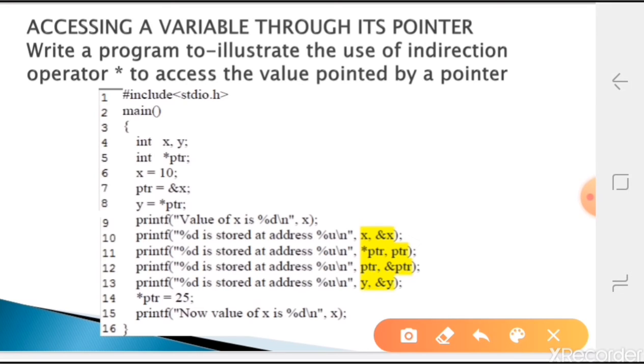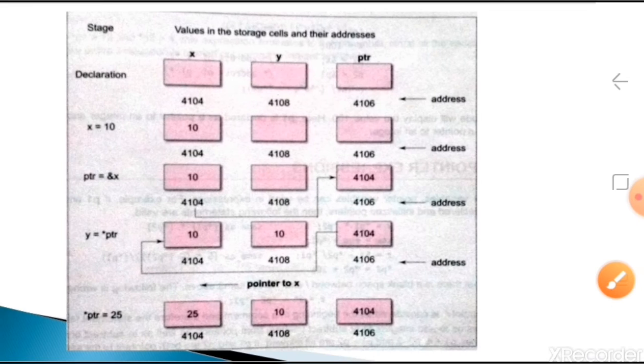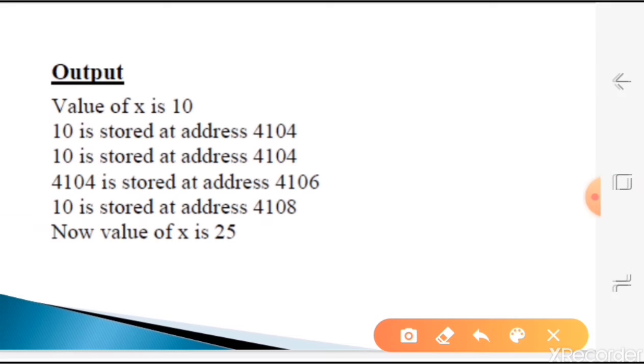Here we just have the printf statements, where we have to display the values. Now line number 9, the first printf statement, will display "value of x is %d". So what is the value of x now? That is 10, correct. So the first printf statement displays value of x is 10.